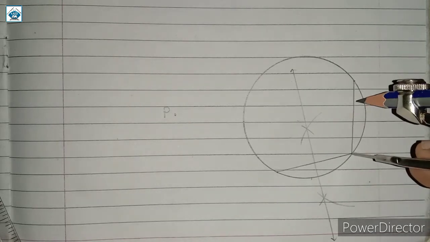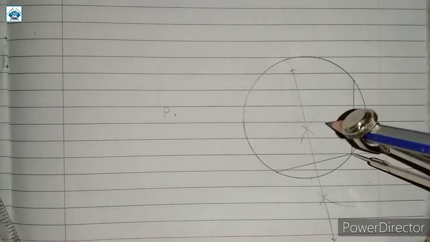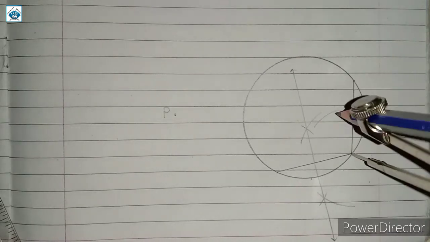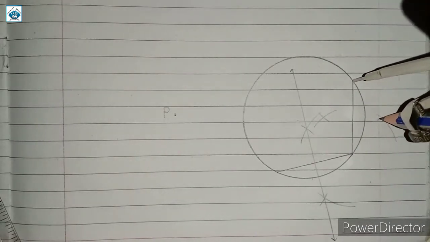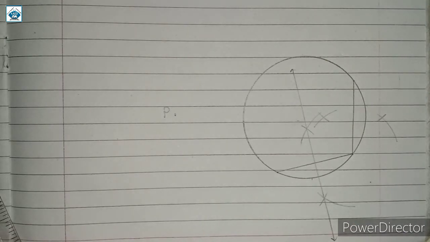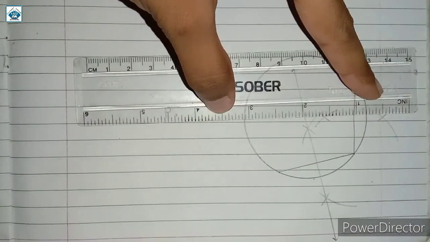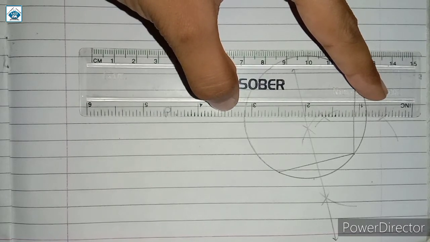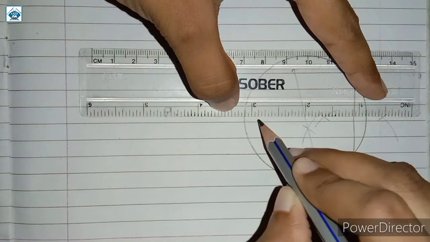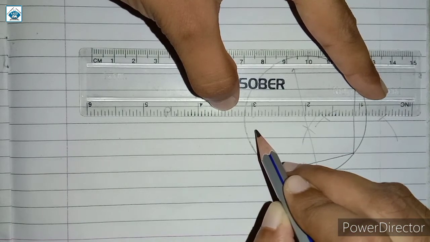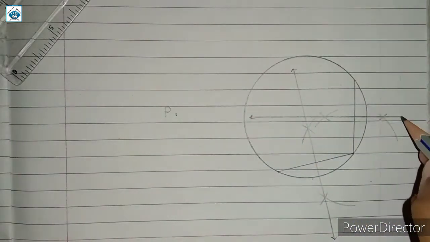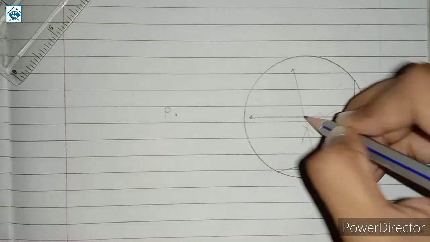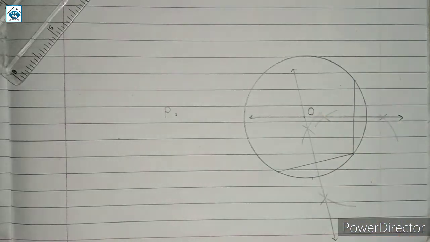Now let us take more than half distance approximately and let us construct an arc like this in both the directions, and from the other point as well. Let us get the points of intersection over here. Now let us join these 2 points carefully to find the center of this circle. We have joined these points, and here you have the point of intersection. This point is the center of our circle. Let us name this O.